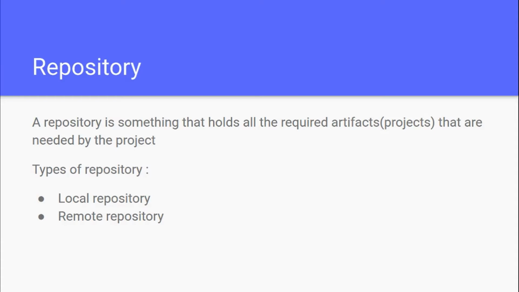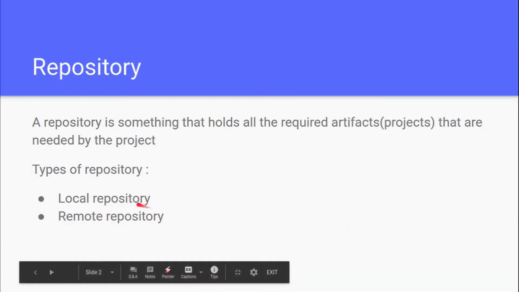Let's think for a second. What folder does Maven use to keep those downloaded jars and plugins? All those jars were downloaded in local repository, and these were downloaded from an online repository of Maven called Maven Remote Repository. From here, we can conclude that there are two types of repositories: local repository and remote repository. Local repository is in our own system and remote repository is online.